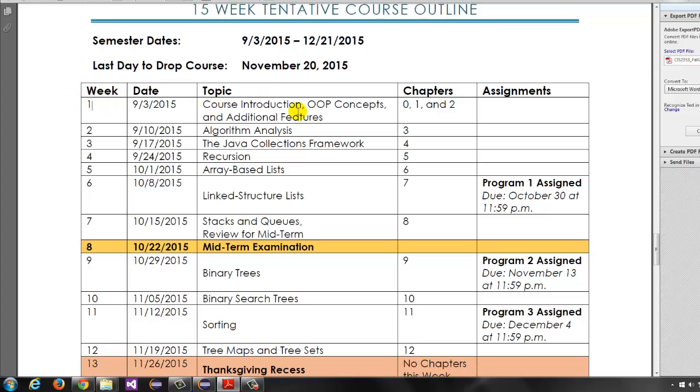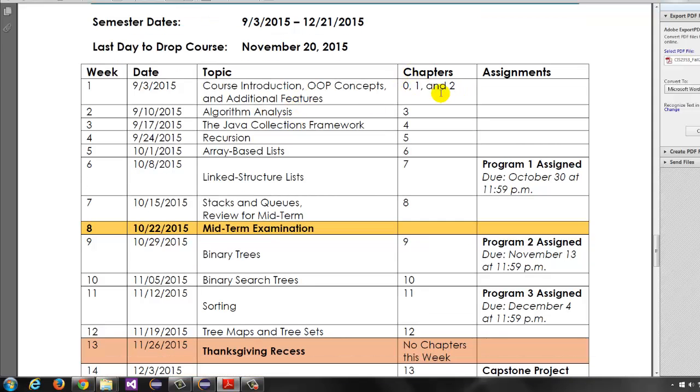Week 1 will be most of your review. It will include chapters 0, 1, and 2. They basically do a very, very large but fairly concise overview of what you should have learned up to this point. Not everything, obviously; that would be very difficult. That's why you have the Gaddis book. It's quite large, but it will cover quite a few of the topics that you've learned before. So you should know most of this stuff. If not, this will dust some cobwebs off and maybe help you look at things in a slightly different way that you're not familiar with or haven't thought of before.